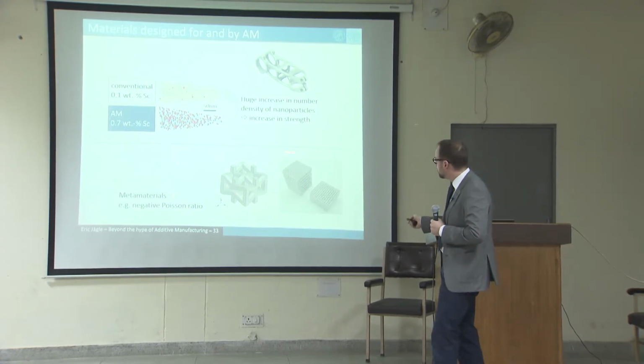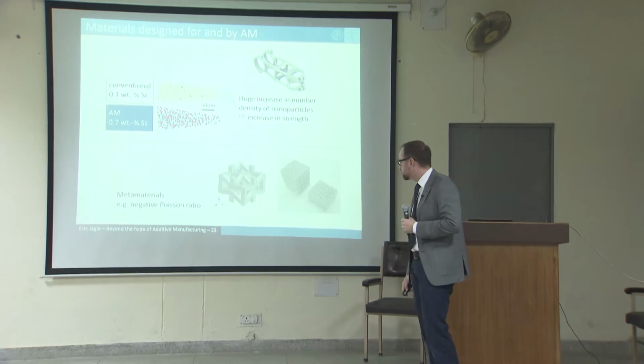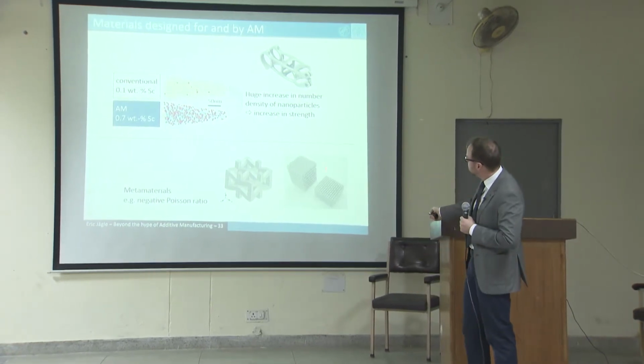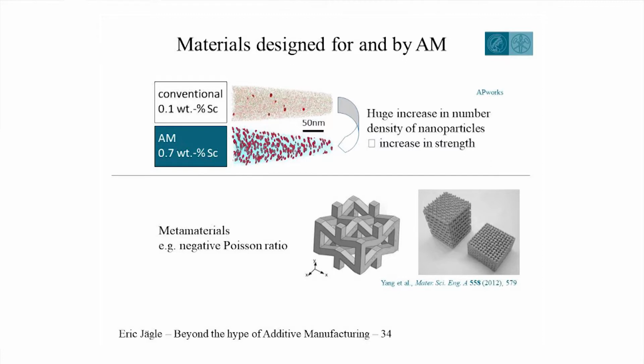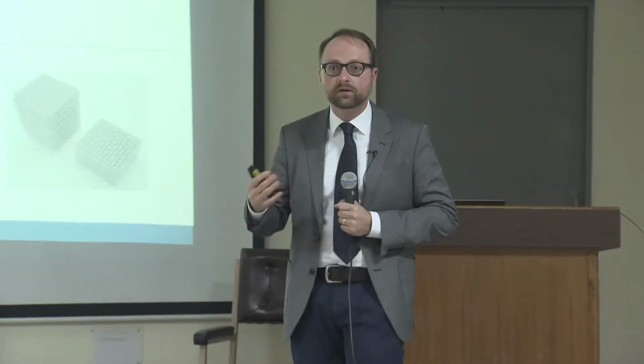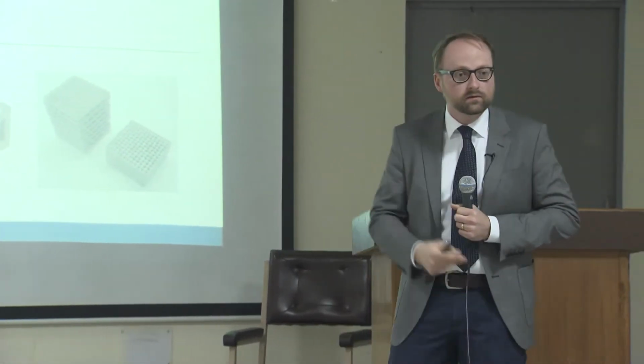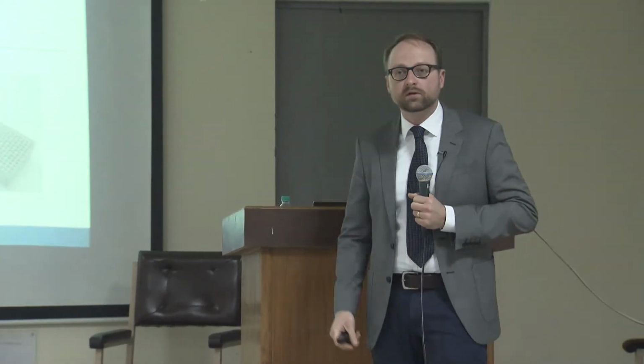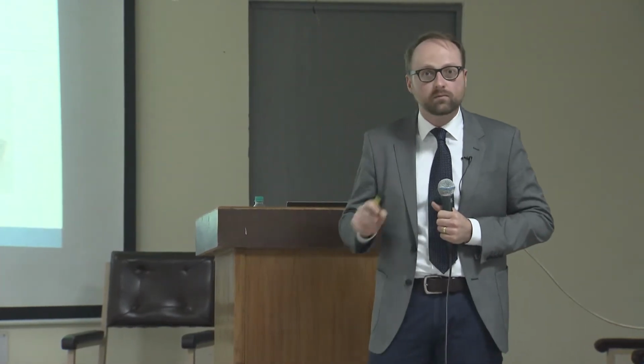And here, I don't know if you want to call this a material, often it's called an architectured material or a metamaterial. You can build these foams, these lattice structures in a certain way, such that the overall material behavior is a negative Poisson ratio. Yeah, so as you compress it, perpendicular to the compression axis, it also compresses. There's also acoustic metamaterials that have interesting sort of negative indices of refraction and so on. There's interesting metamaterials for RF applications, and all of these can be produced easily by 3D printing, and you would be very hard pressed to make them otherwise.